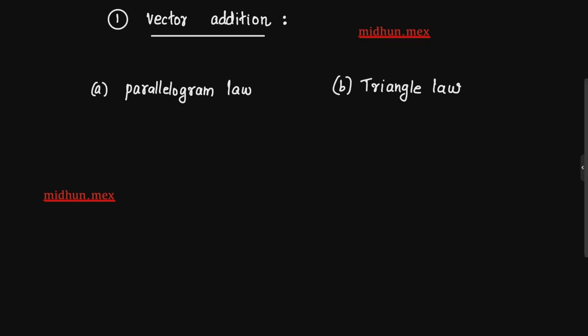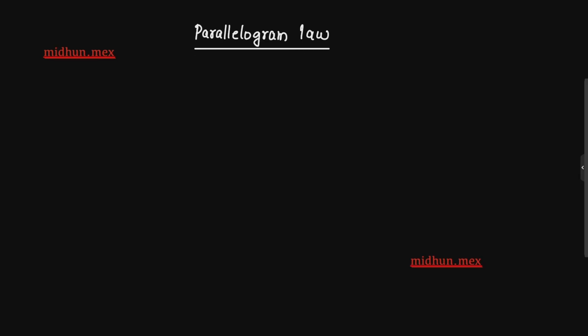So how to do a problem using parallelogram law? So let us give a heading, parallelogram law. Now let us see how in parallelogram law we are going to find addition. How will you add two vectors using parallelogram law? I am showing the derivation, but in examination if derivation theory coming you can learn, otherwise you can skip that part. So here in derivation, anyway I suggest you to see it.